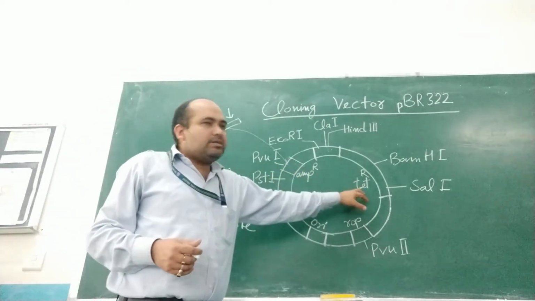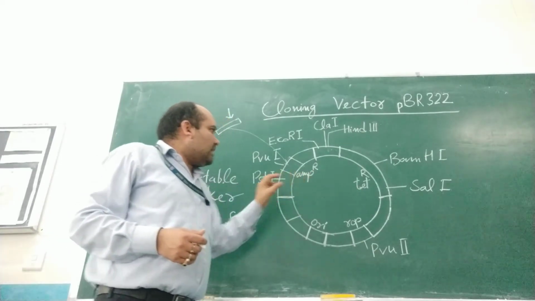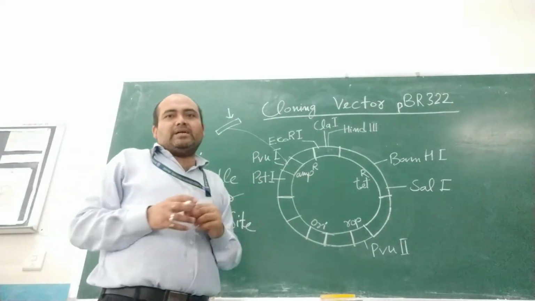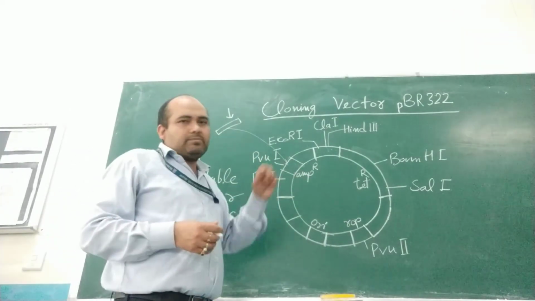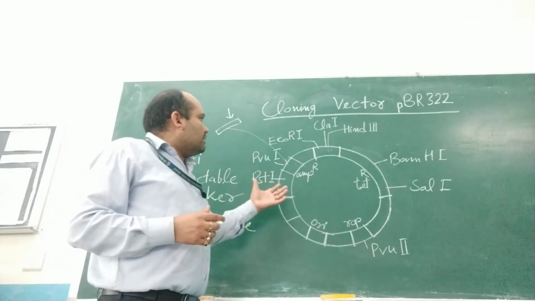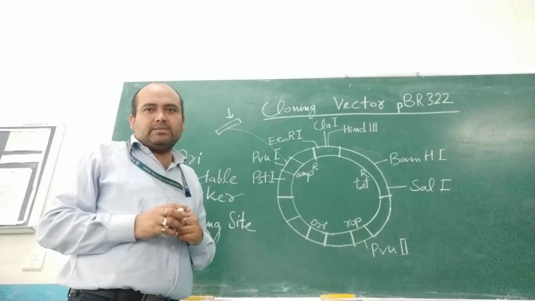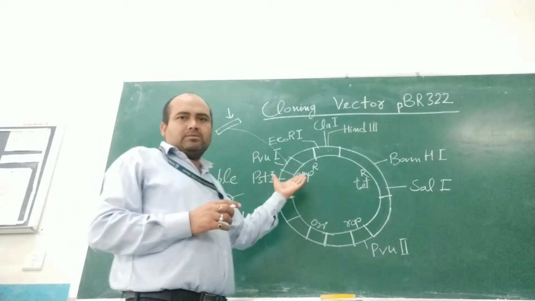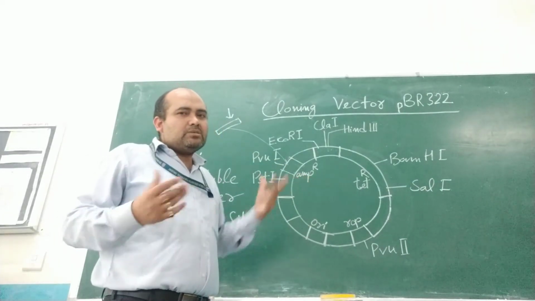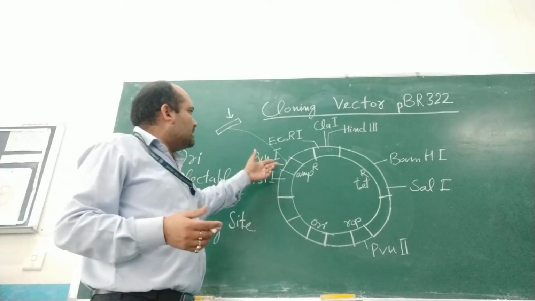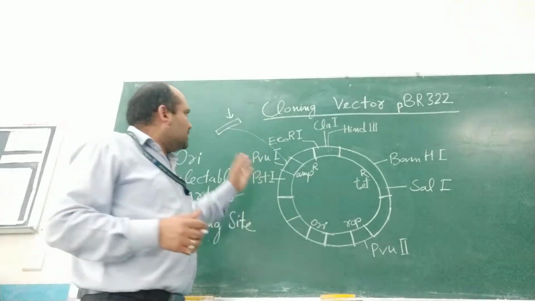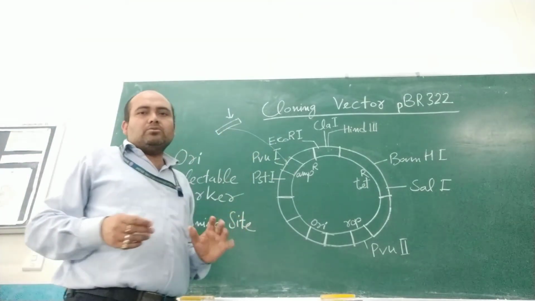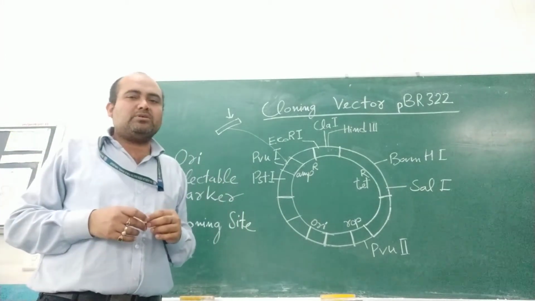So these antibiotic resistant sites act as markers. Markers means if you want to confirm that your enzyme cut at the specific site, then you come to know from the antibiotic resistance that your enzyme cut at the specific site. If you lost the power of the antibiotic resistant site, it means your work is over. It means your enzyme cut at that particular site, and then you can easily ligate your foreign gene or DNA into this region. So this is a great tool in the hand of biotechnology nowadays.